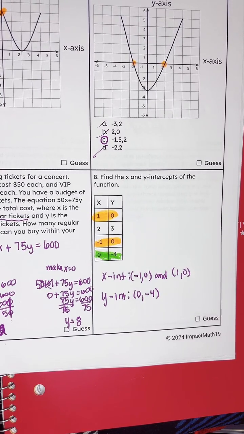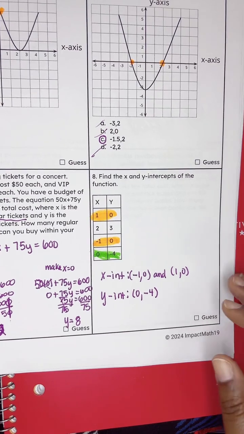And a lot of times you'll find that with parabolas, absolute value equations. These use,